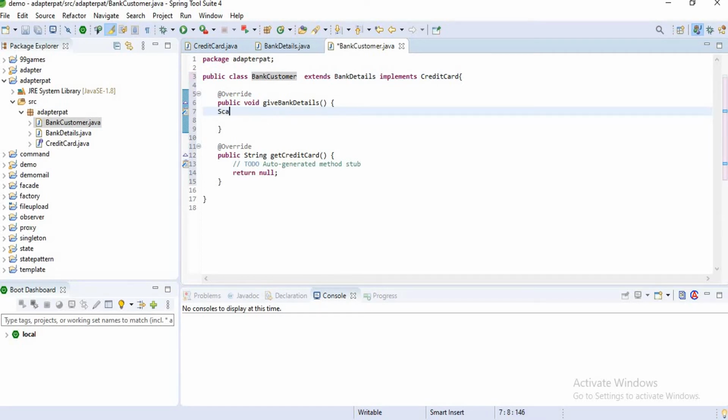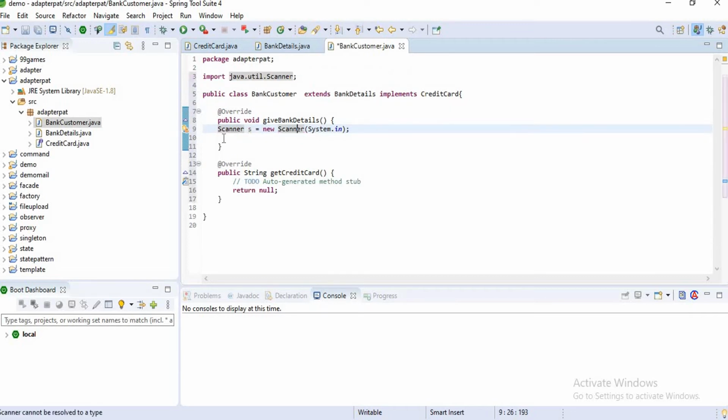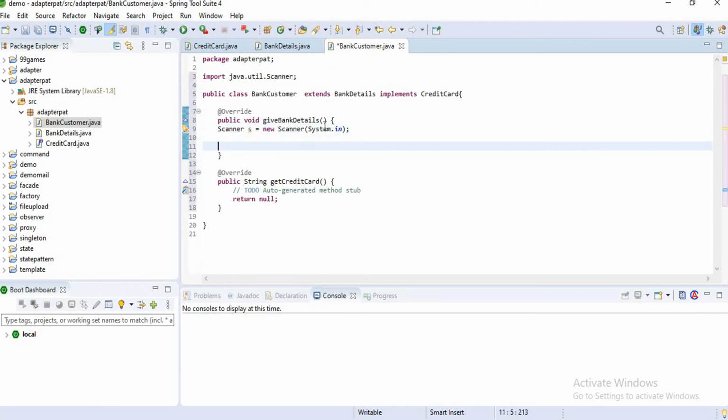Here I just want to give a Scanner reference variable for reading some details, guys. System.in. Now I want to import my Scanner class. Now I have successfully imported my Scanner class. Now what I will do here is take the bank details. Let's start, guys.